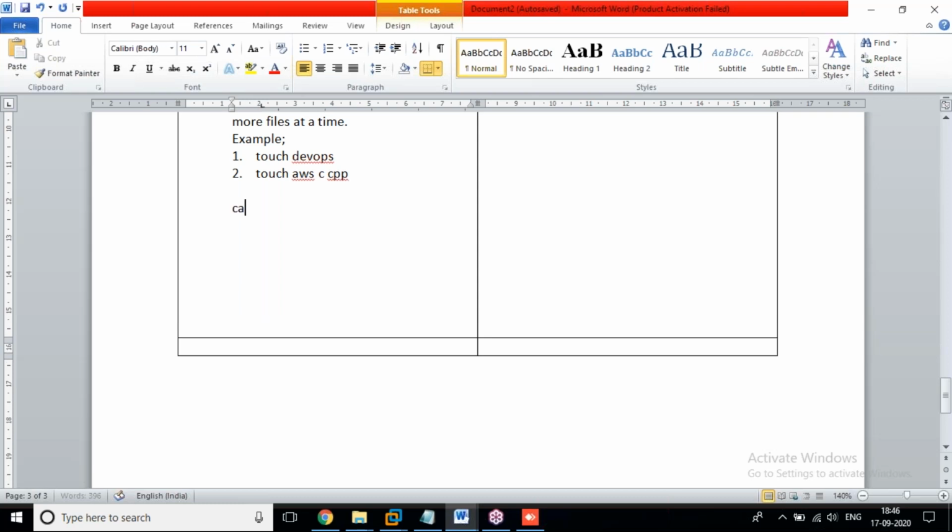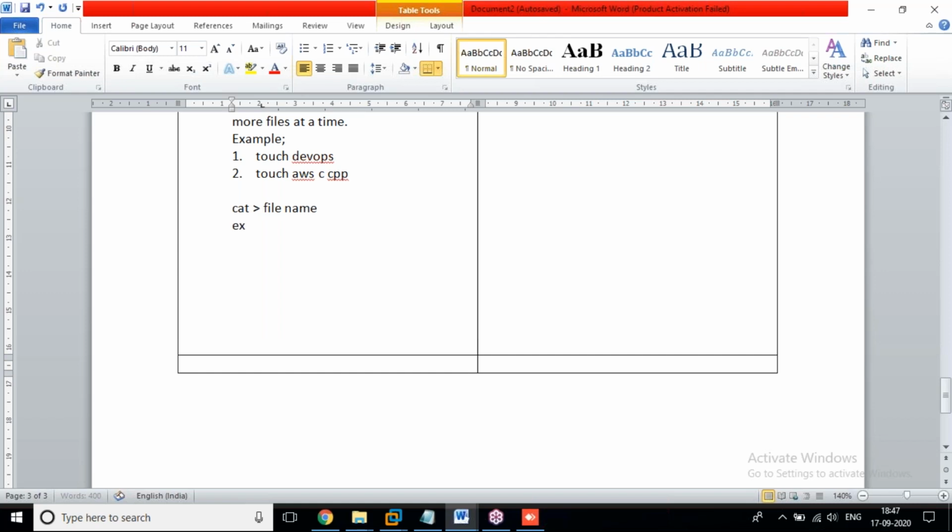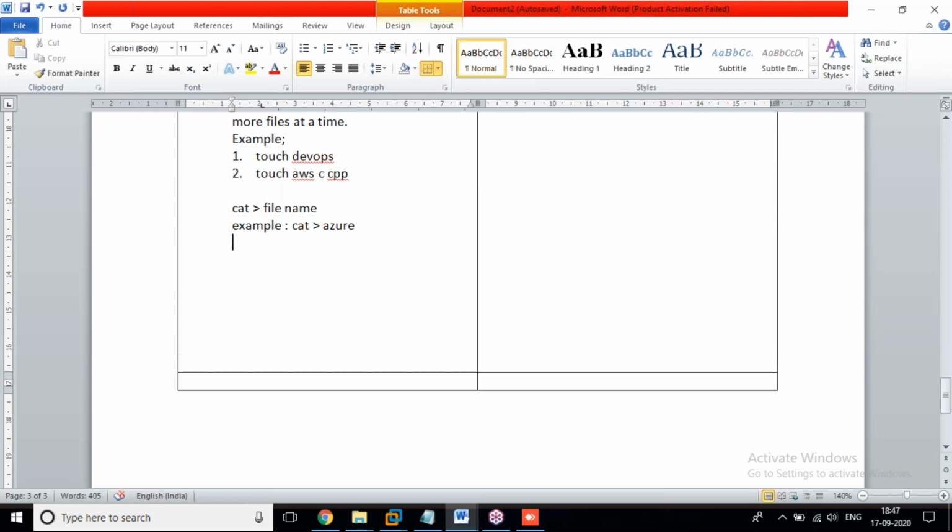And one more, yes: cat, right shift or greater than. Yes, you can give space or go without space, then the file name. Example: cat > Azure. Keep in mind, whenever you apply the cat command for creating a file, this time we can insert the data, whatever you want.